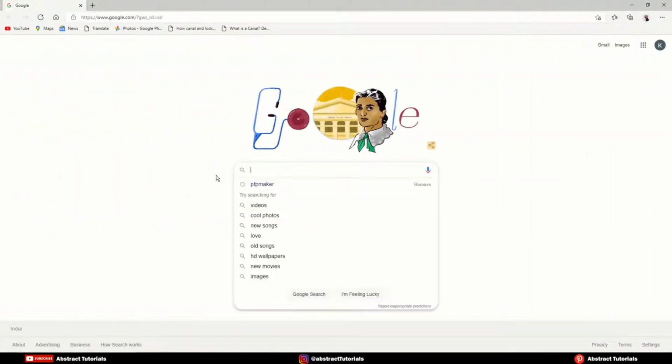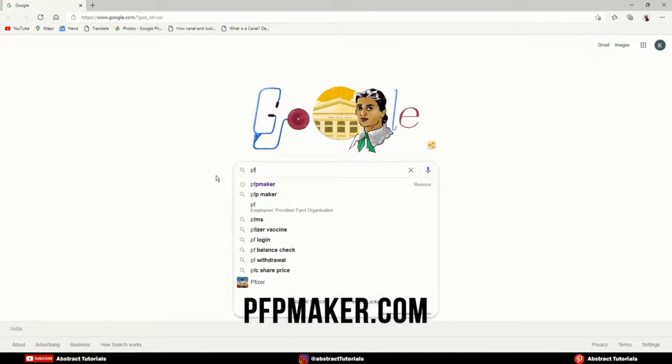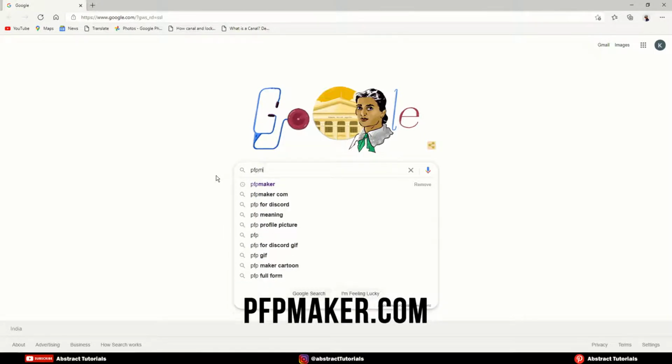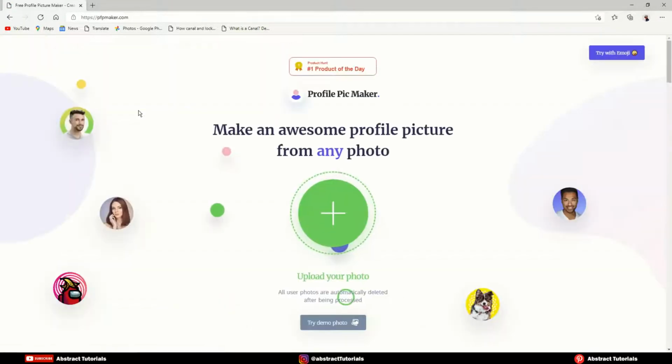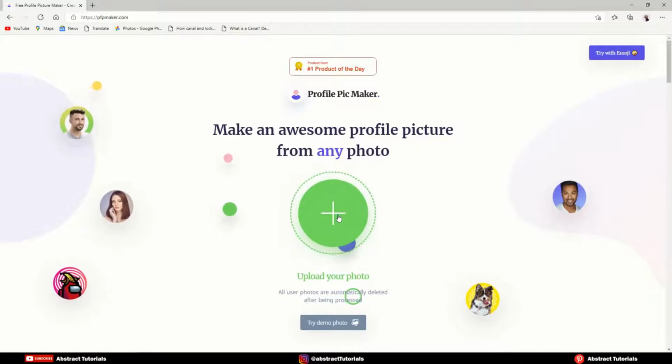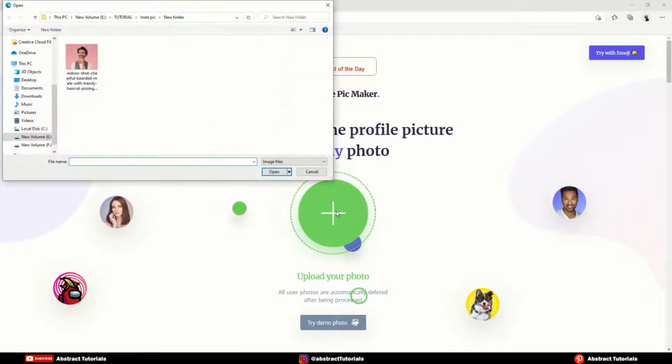So, let's start. Open your browser, and type pftmaker.com. Now, click on this button and then select your image.